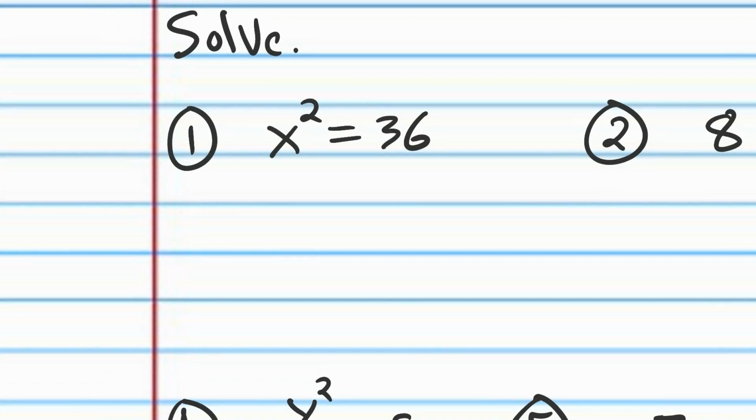We want x. Right now we don't have x. We have x squared. We know x squared is 36. We don't want x squared. We just want x, so we have to get rid of this square. So we're going to rewrite the equation,